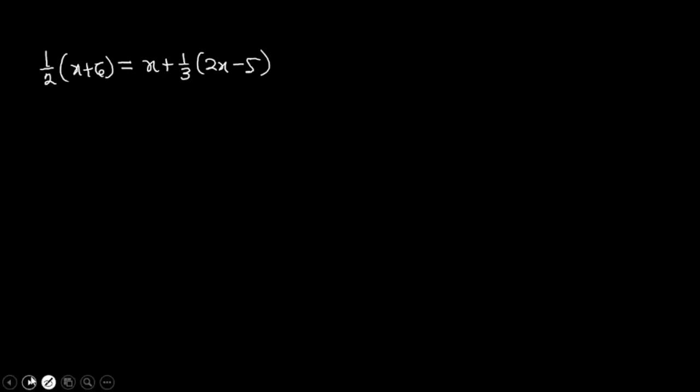So we have to solve the equation 1/2(x + 6) = x + 1/3(2x - 5). Okay, now when we have an equation like this, we realize that we have a fraction in the equation, so we need to get rid of the fraction. We do that by multiplying each term by the LCM or the common factor for 2 and 3. So if we do that,